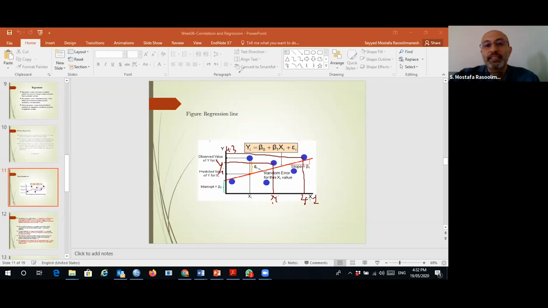For these different dots, this is the best line that can explain it. What's the meaning of best line? Best line means